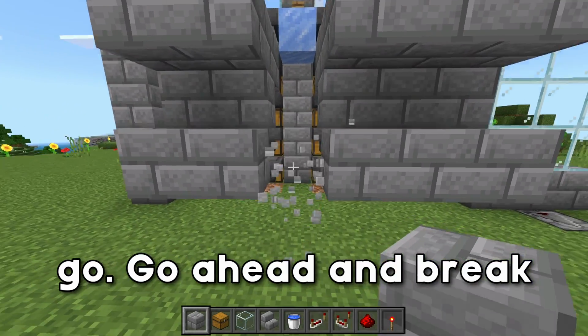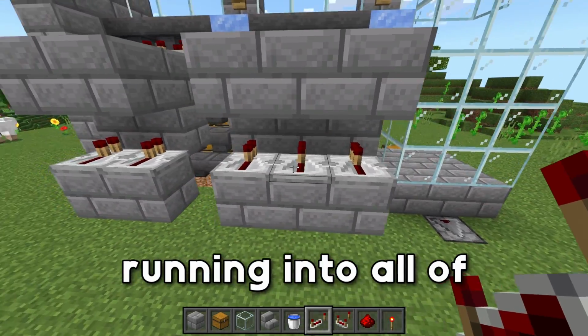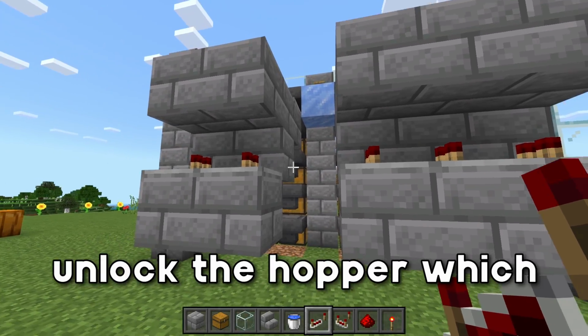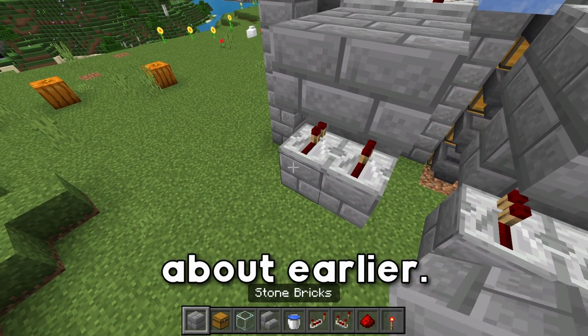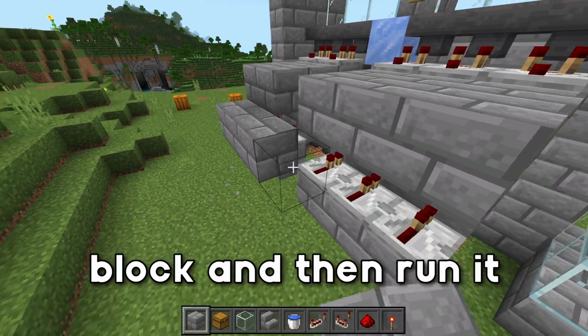Go ahead and break this center block now, and we're going to place down redstone repeaters running into all of those blocks. That is going to deactivate this redstone torch, which is going to unlock the hopper, which I was talking about earlier. Temporary block right here, and then a block, break the temporary block,